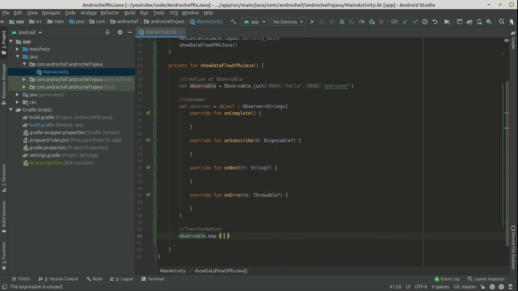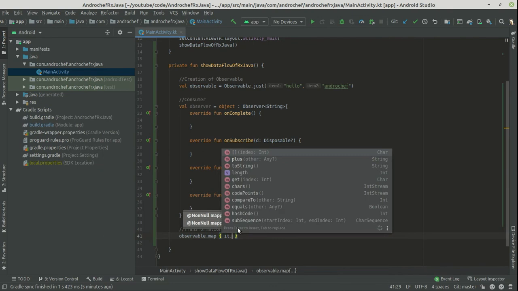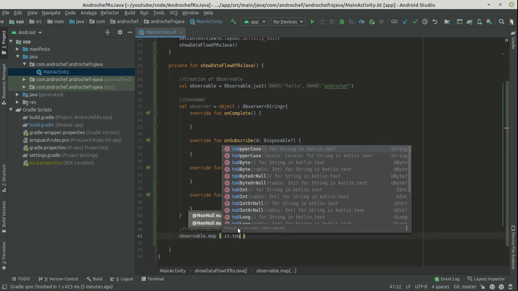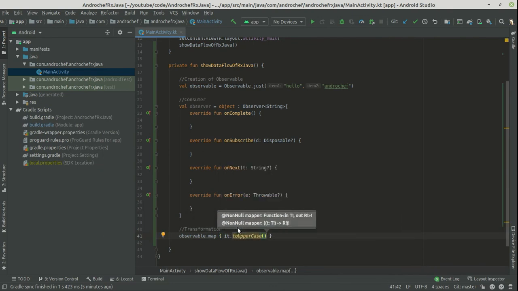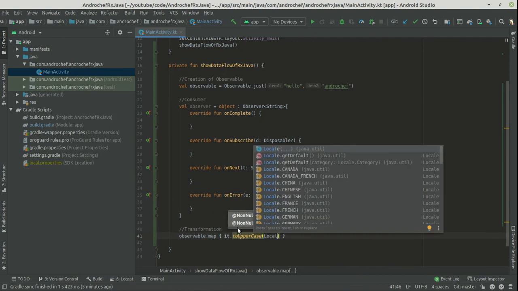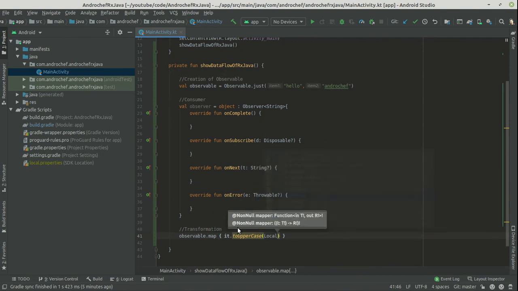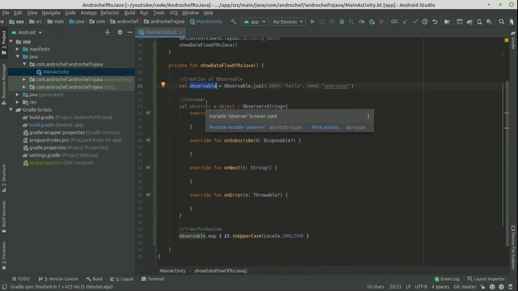As you can see, in map we have to modify it to uppercase. We will give the locale as English. Now we have successfully transformed the data by using the map operator. Now we will connect this observer to consume the data of this observable by using subscription.